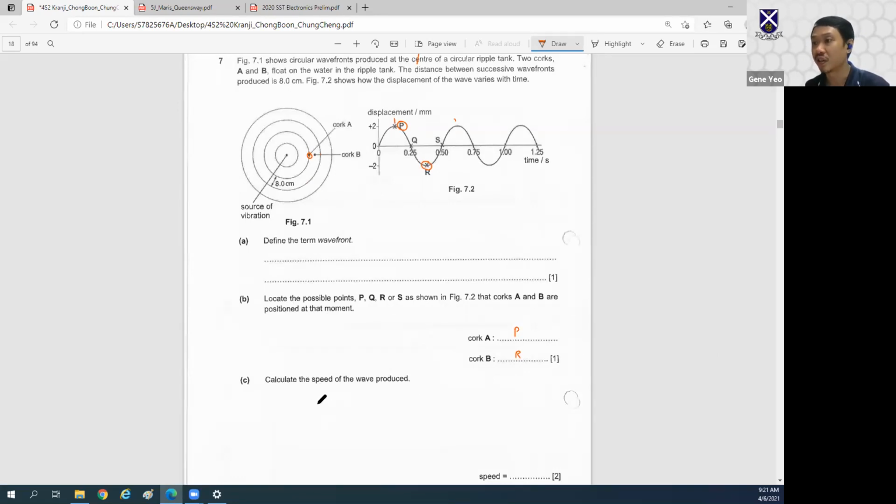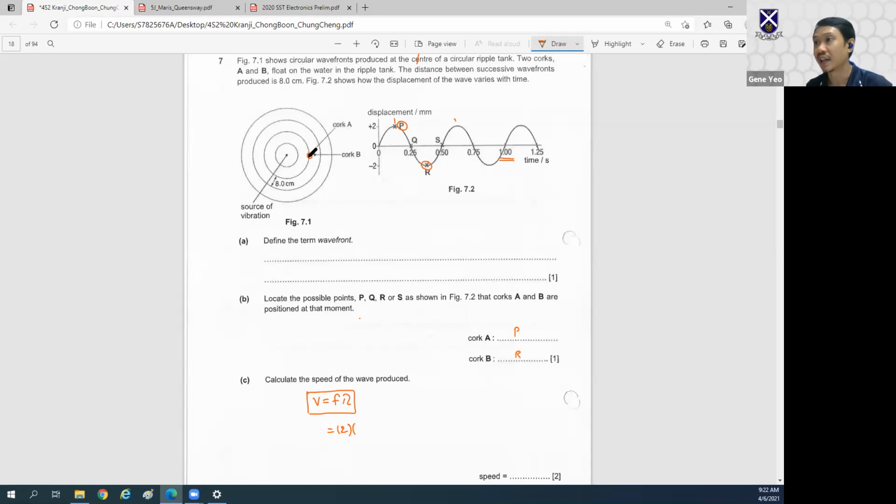Calculate the speed of the wave. So it's v equals f lambda. Remember this formula over here. v equals f lambda. Frequency is how many waves there are in 1 second. In 1 second, over here, I have 1, 2 waves. So the frequency is 2 waves in 1 second. So I've got 2 hertz. The wavelength,